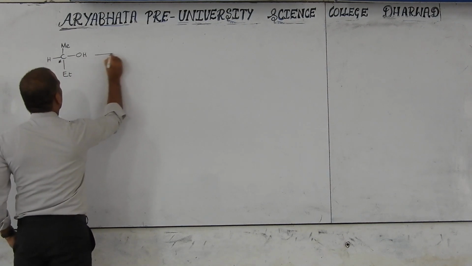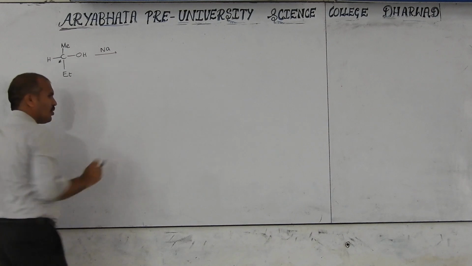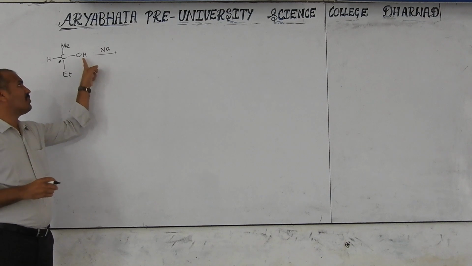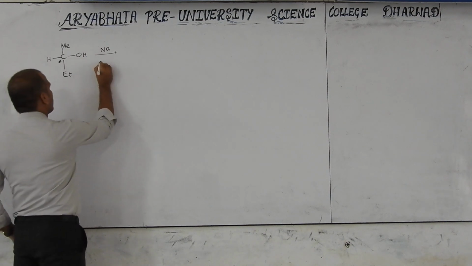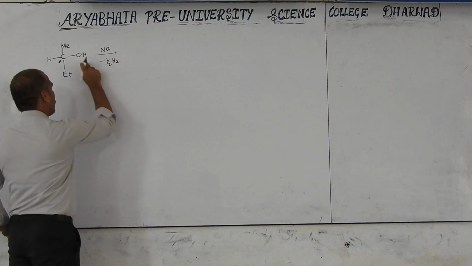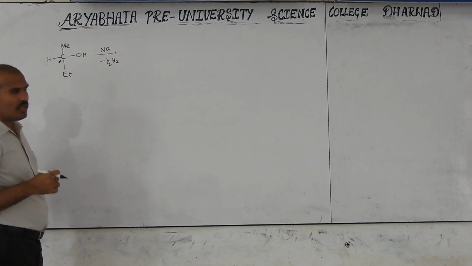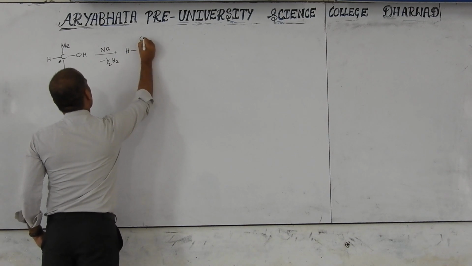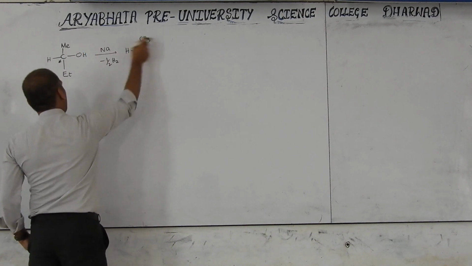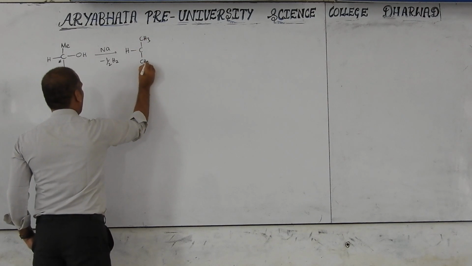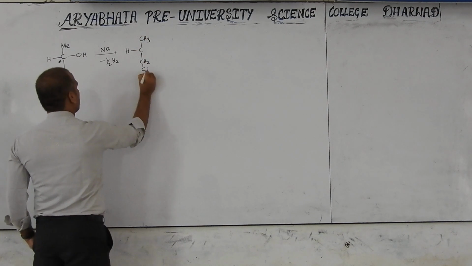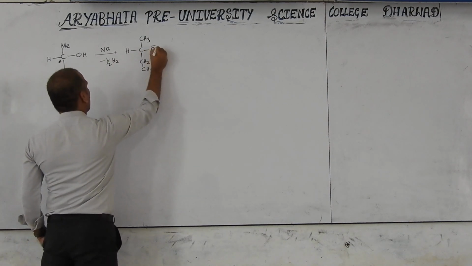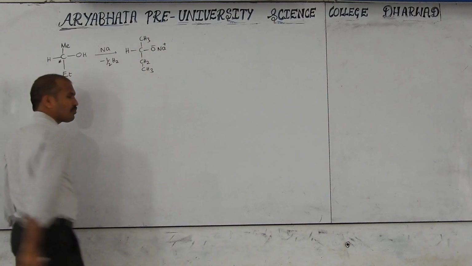When you treat it with sodium metal, you know from the properties of alcohols that alcohols are slightly acidic in nature. That's why this hydrogen is lost, minus half H2, which means one hydrogen is eliminated. Then sodium will be added here. Then H, this is CH3, methyl, and this is ethyl. If you want to expand it, no problem. Here O minus and this is Na plus.